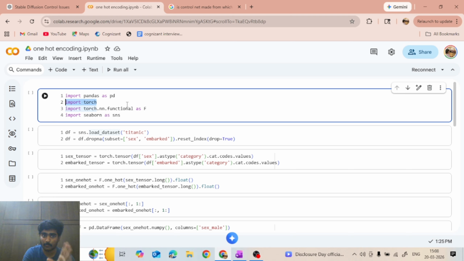I'm importing it as F, and then I'm using the Seaborn library to obtain pre-processed datasets. Seaborn has many such datasets, and among them I need the Titanic dataset, so that is why I'm importing Seaborn. You can see that I've just loaded my